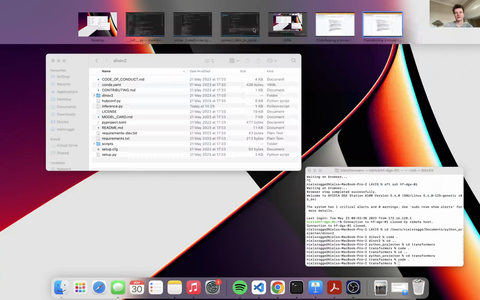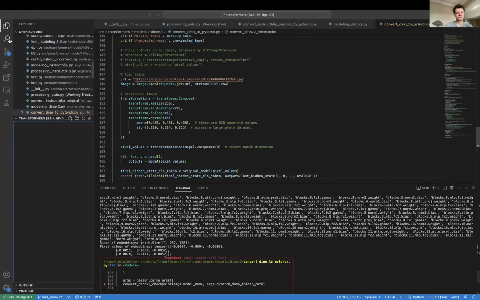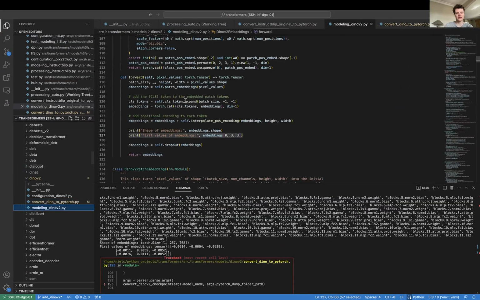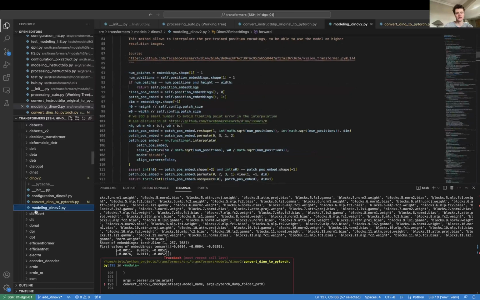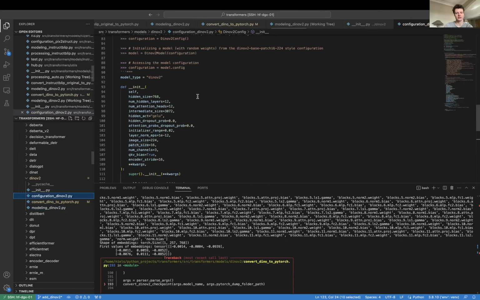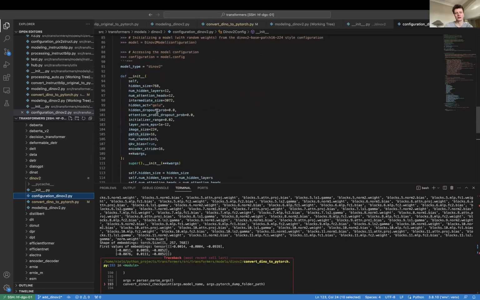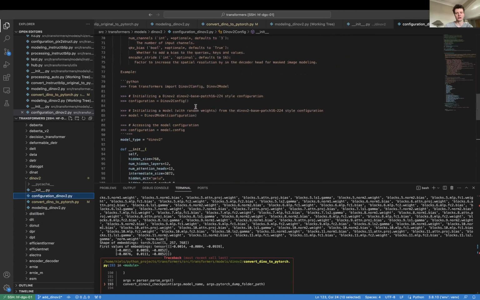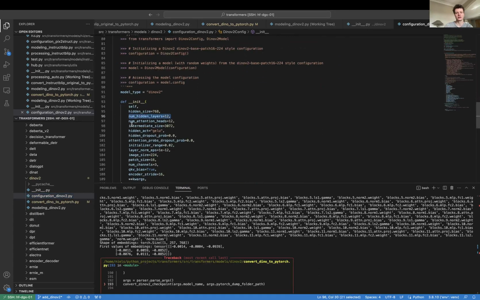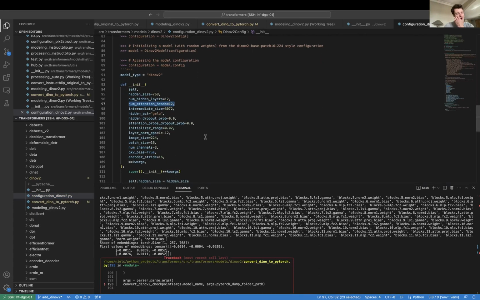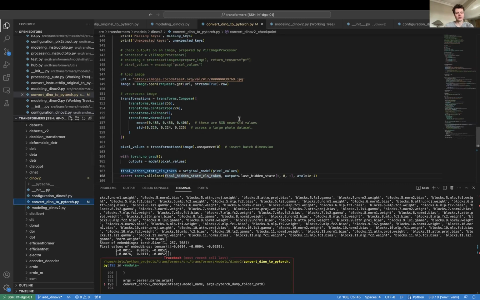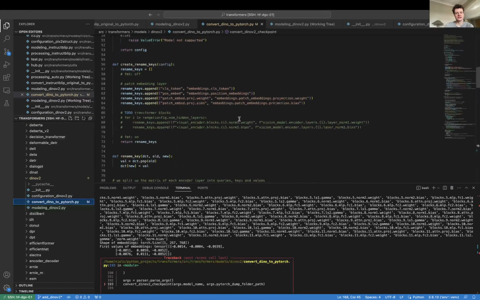Every Hugging Face model always consists of the actual model implementation, which is always called modeling_ and then the name of the model.py, and then there is a configuration which defines the hyperparameters of the architecture of the model, like the number of layers, number of attention heads, and so on. And so in our conversion script, we basically start